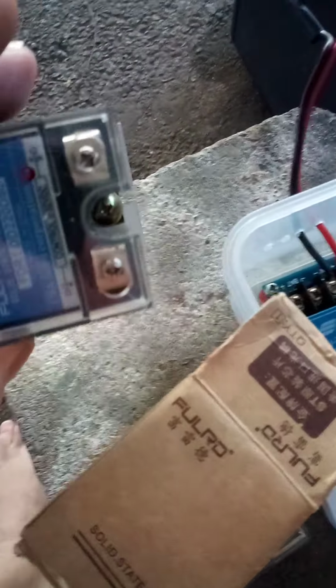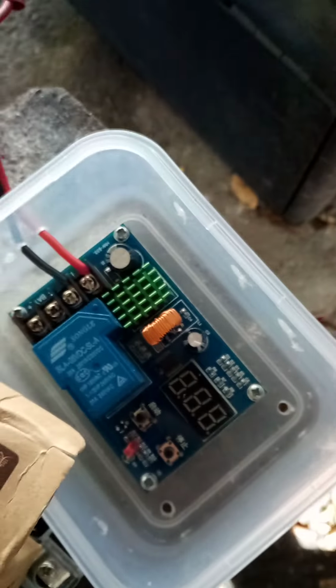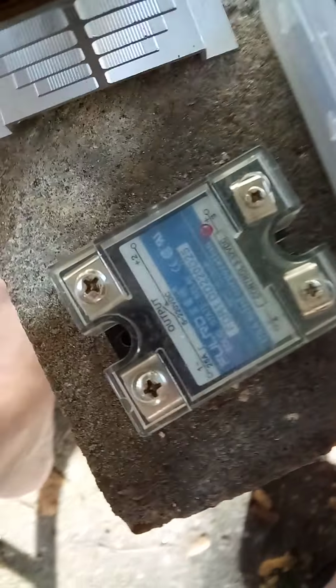I don't know, maybe I'm not doing these relays right or something, but I thought these things were supposed to be either on or off whenever this turns it on or off. I've got two of them. I've had them sitting on a shelf for a little over a year. I guess I should have checked them before I